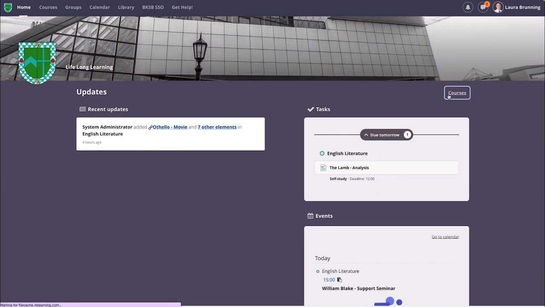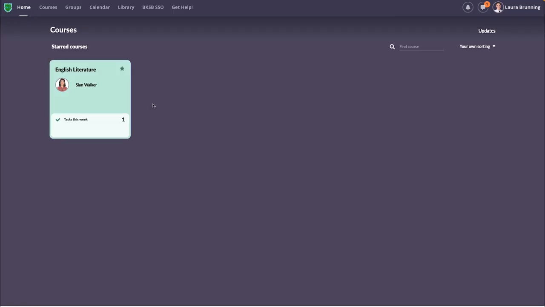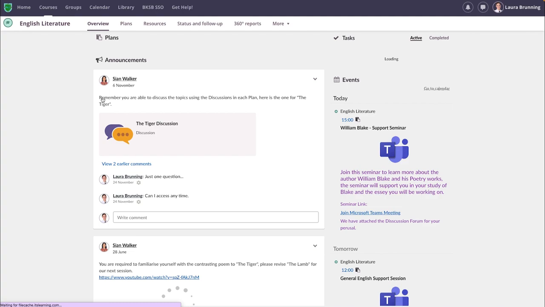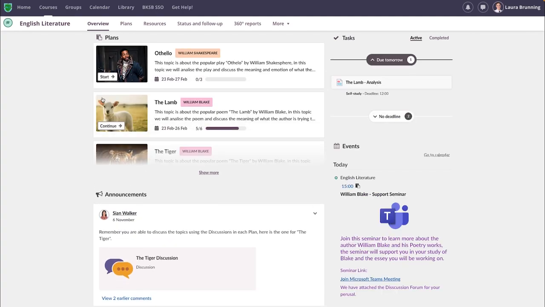Now, for those of you that have realised that I've not had to go through 2-factor authentication, I turned it off just for this demo. Okay, so going into our English literature course, we can see the same view as I had as the teacher,